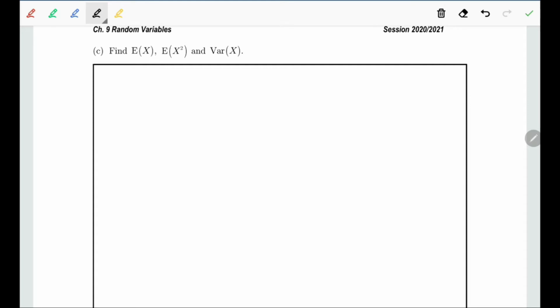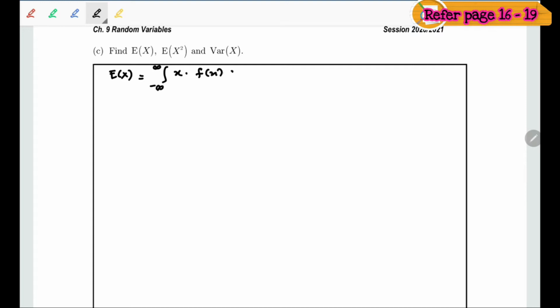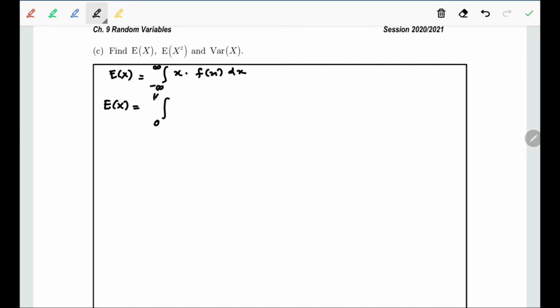Find the expected of x, expected of x squared, and the variance of x. Okay, we're going to start with the expected of x. So to find the expected of x equals the integration from the lowest to the highest of x multiplied with fx dx. It means that the expected for this function is integration from the first function given. We are going to integrate from 0 until 1/2 with the multiplication of x with the fx,